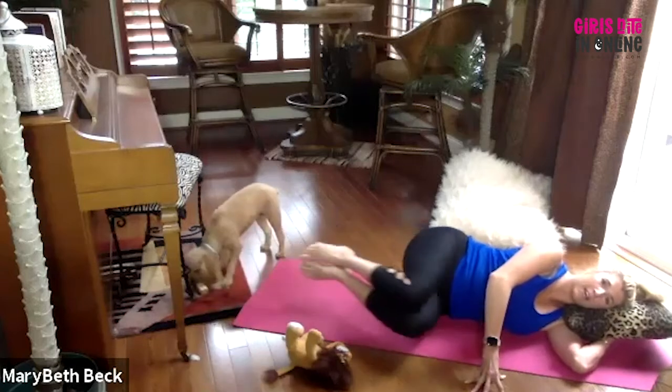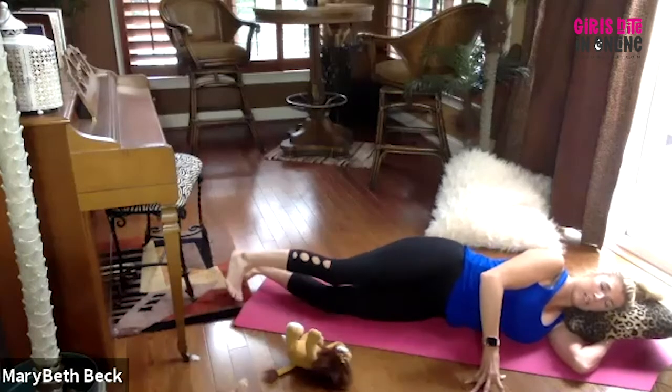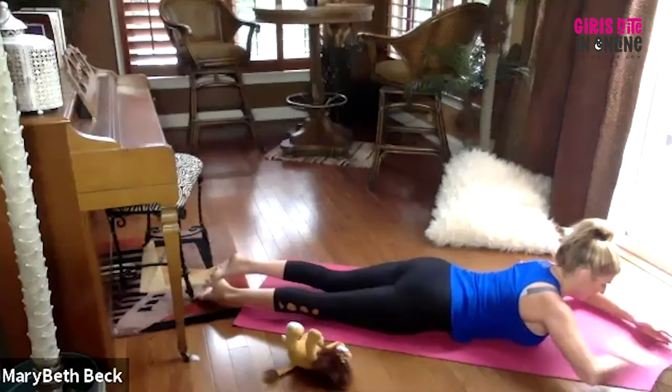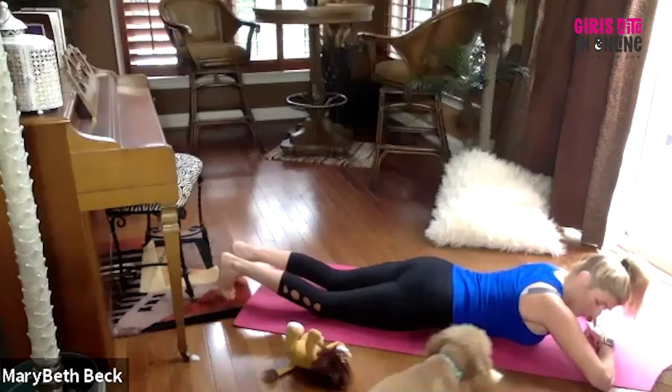Last one, inhale, exhale, ha. And let's flip over onto our tummies. So we're gonna do a couple swans. So we're over onto our tummies, and I am gonna place my hands on top of one another, place my